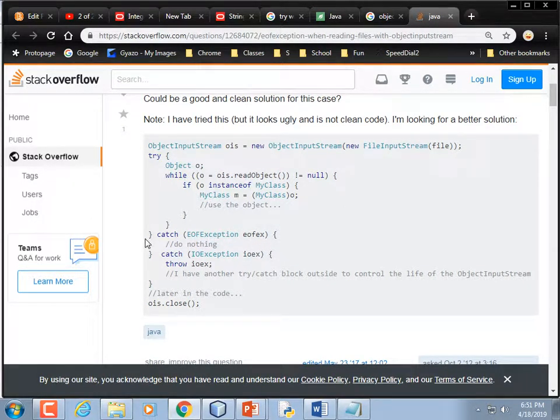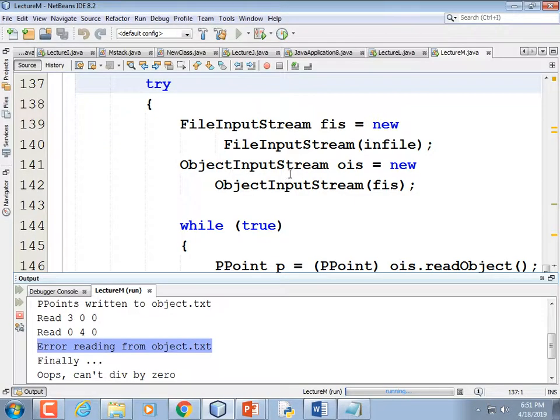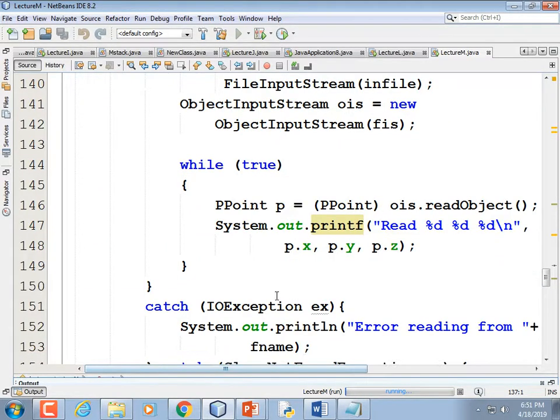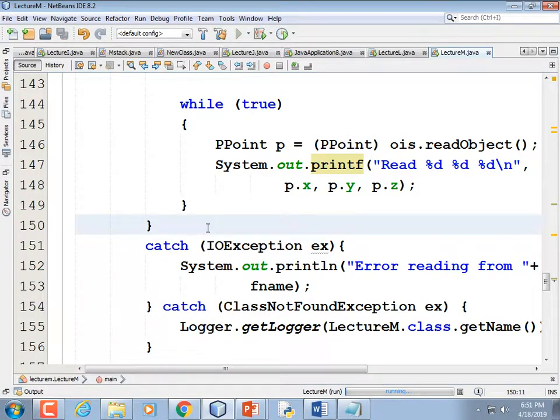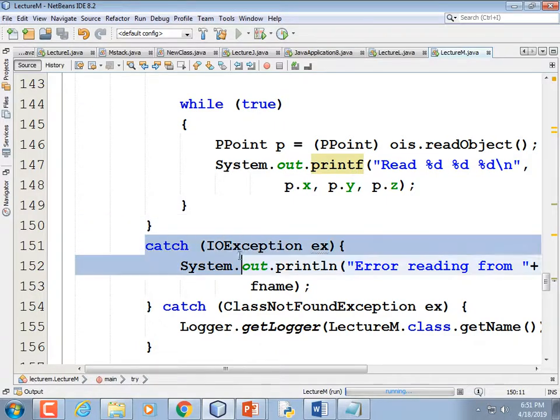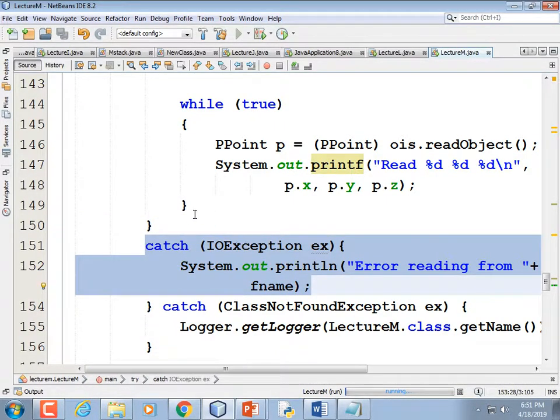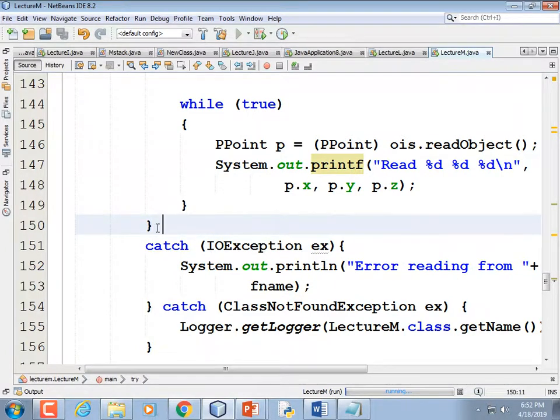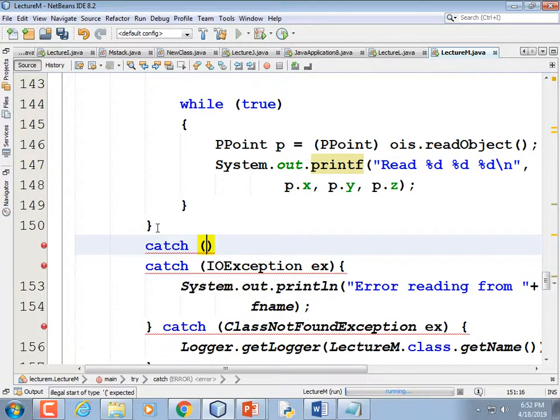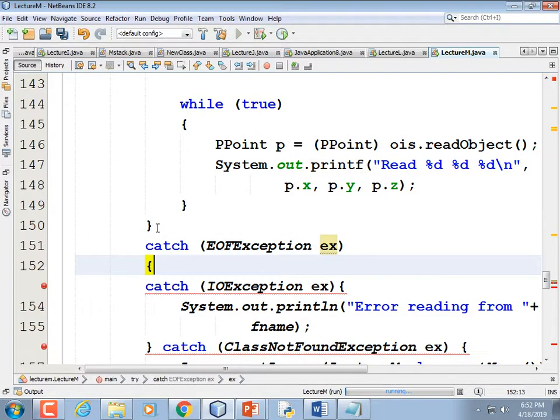So we're going to add an exception handler for EOFException that just means that it hit the end of the file. Now this is a crude way of doing it. I'm sure that there's a better way that won't use exception handling just to note that it got to the end of the file. But for now, I don't mind doing it. I'm going to put it here because it is an inherited version of IOException, and so if I put it underneath, then it wouldn't be able to pick it up. So catch